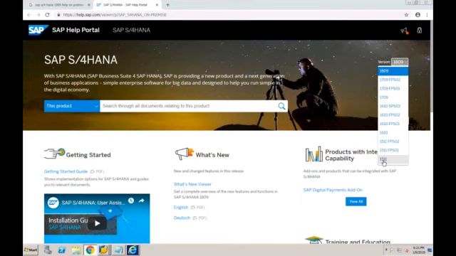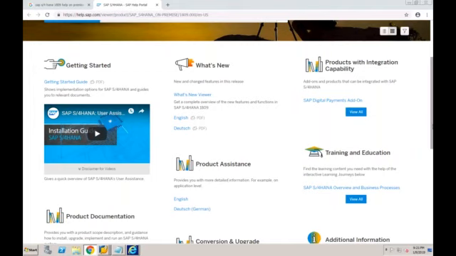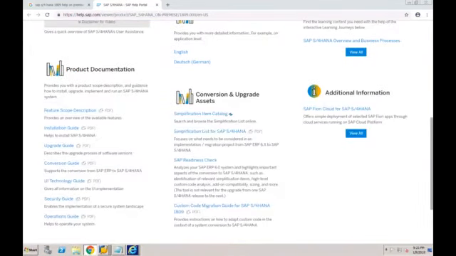Some new functionalities, like there is something called SAP Digital Payments add-on. Okay, so what is that? But most importantly, at least download these two documents which I'm telling you. One is the simplification list for SAP S/4HANA, and second is this conversion guide. These two documents are very important. The conversion guide will be required only during the system conversion project. I will explain this conversion guide completely when we talk about the system conversion sessions. But as of now, the simplification list for SAP S/4HANA is a must document.